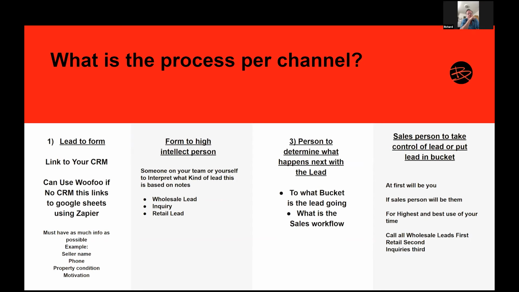From the 45-minute video I watched, you follow up with them for a while just via text electronically, kind of automatic. So when do you really switch? You don't want to continue to bombard them with these texts. If they are interested in selling, you have a conversation with them. Well, when they become one of these, then you switch. The goal is to try to get them to become a wholesale lead. But a lot of people won't be wholesale leads, so you have to know, okay, this will be categorized as an inquiry or as a retail lead.